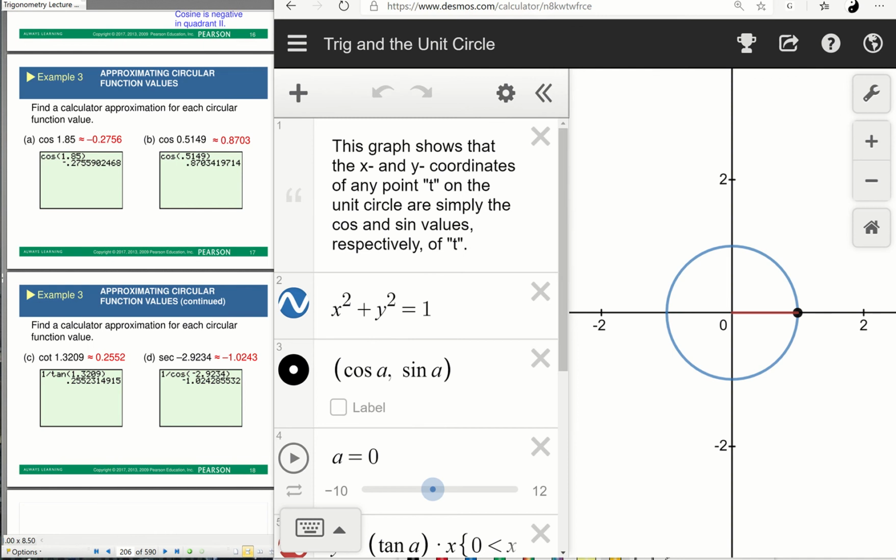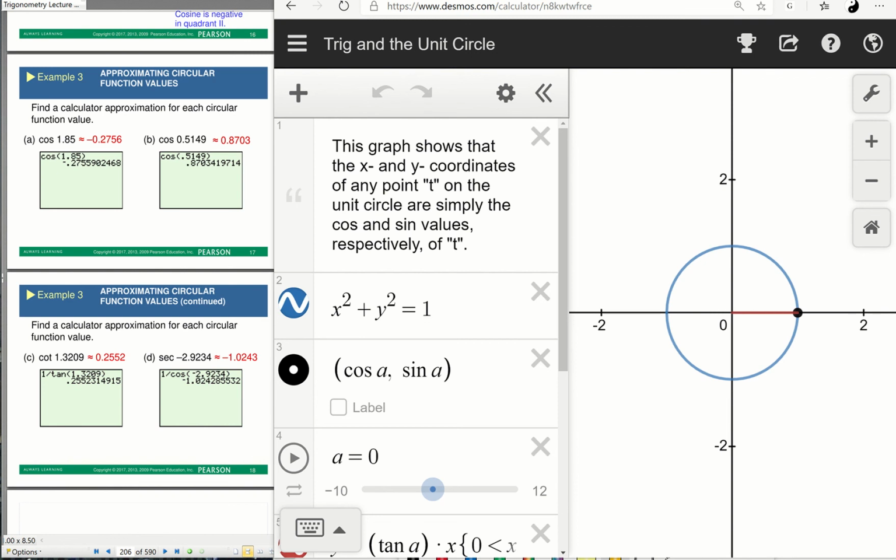Okay, next we want to take a look at how we would find the sine or cosine of an angle if it doesn't happen to be one of the nice values in the first quadrant that we're familiar with, pi over 6, pi over 4, pi over 3, or one of the quadrantal angles, which are easy to find as well. So, for example, how would you find the cosine of, say,